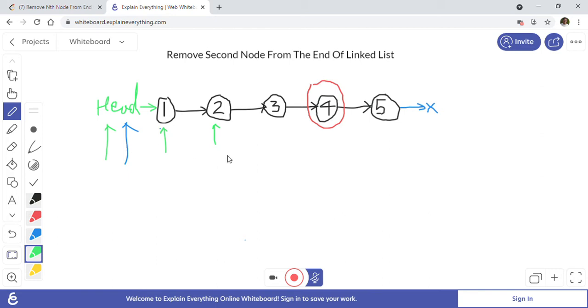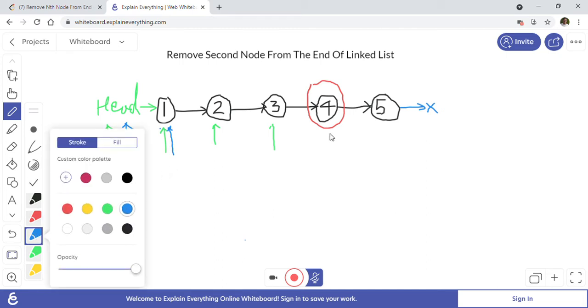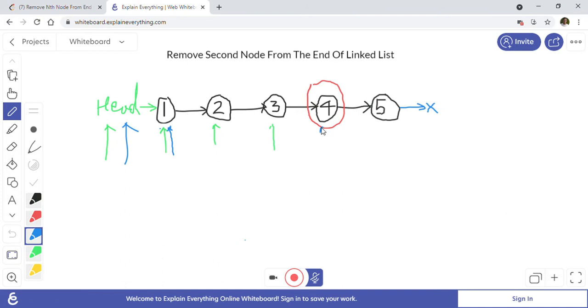After that, the second pointer will reach 3, and at the same time the first pointer will point to node 1. In the next iteration, the second pointer will go to node 4, and the first pointer will point to node 2, because it is going one distance now. Both are 2 apart because we want the second node from the end, so we have kept that distance of 2.